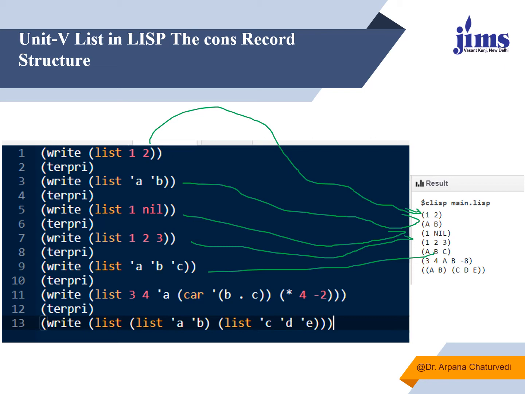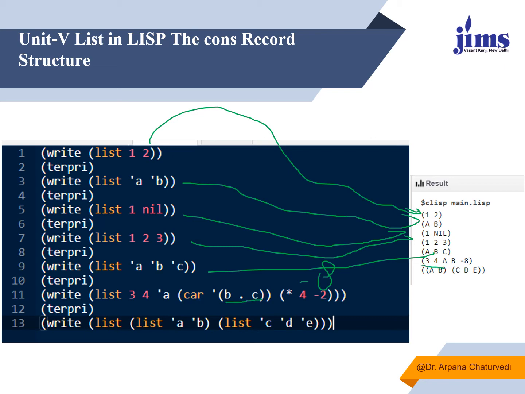Now if I say list 3 4, then A, then see carefully, car of B C, and then 4 times 2. So first of all we evaluate this. 4 times 2 is 8, and as the symbol is minus, it will be minus 8. Then 3 4 will be as it is, A will be as it is.